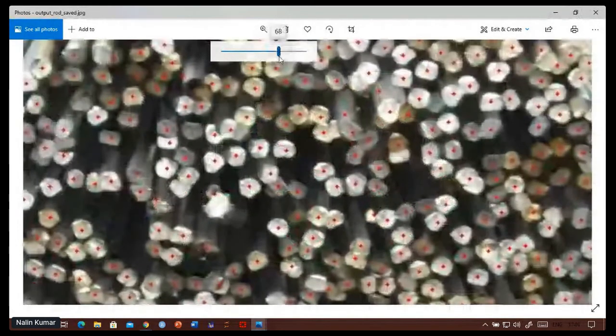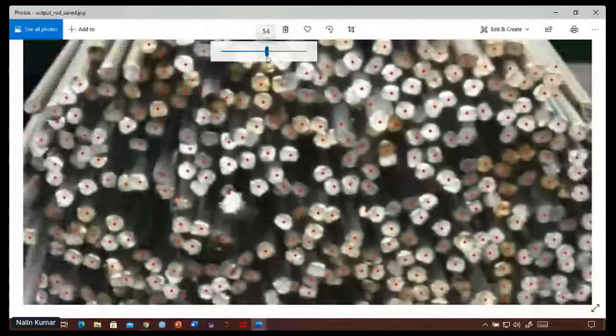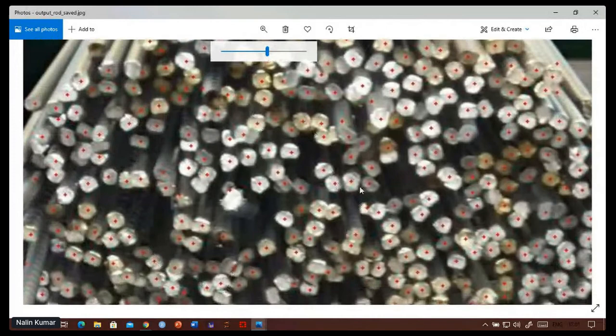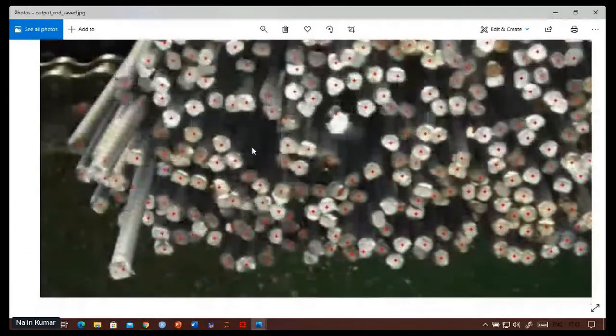Yeah, you can see these are the markings. A lot of markings are not done. These rods are not marked, but still it is pretty decent, marking most of the rods.